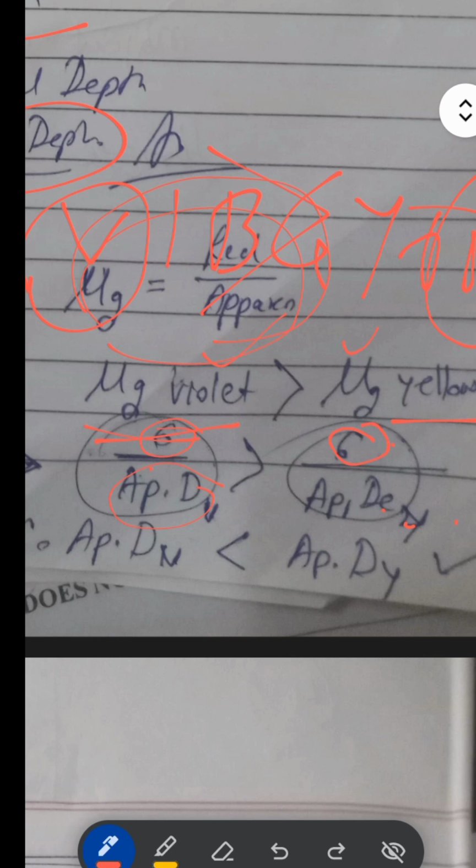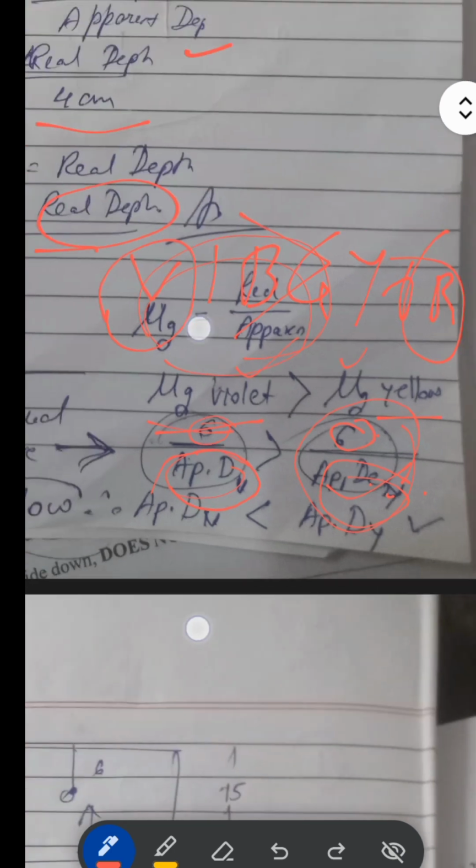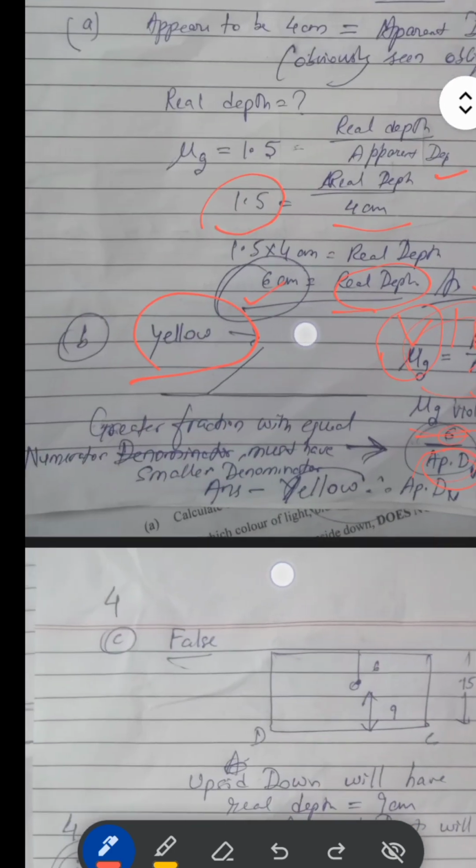So if the right hand side fraction is less, obviously the denominator is more, and the denominator for violet light is less. The apparent depth for violet light is less and the apparent depth for yellow light is more. That's why it is giving the whole fraction a lesser value. So the answer is that the apparent depth for yellow light will be greater. Okay,